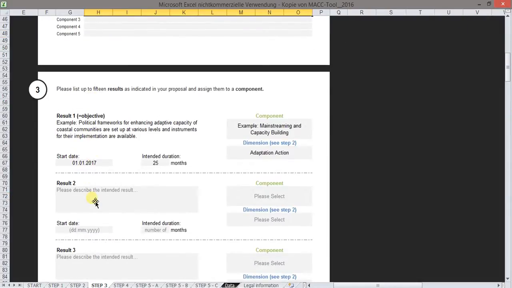In Action Field 3, you lay out the foundation for the monitoring system by specifying the results which the project intends to achieve. Results are changes that occur as the direct or indirect consequence of an intervention. Taken together, the results should contribute to the achievement of the project's overall objective. There is space for up to 15 results to be defined. The first one corresponds to the overall objective and is automatically copied from Action Field 1, as you can see